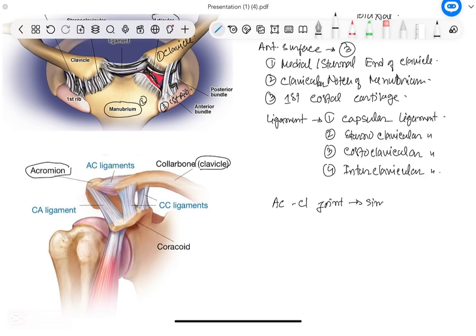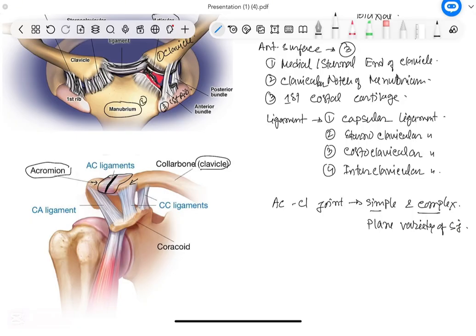This acromioclavicular joint is simple, that means two articular surfaces will be there, and complex. Why there is complexity, we already know: there should be an articular disc inside. So inside, this is the collarbone, clavicle, and this is the acromion process. The joint is here and this joint is divided into two cavities by the articular disc. That is why it is a simple as well as complex type of synovial joint, and according to the nature of the articular surface, it is a plain variety